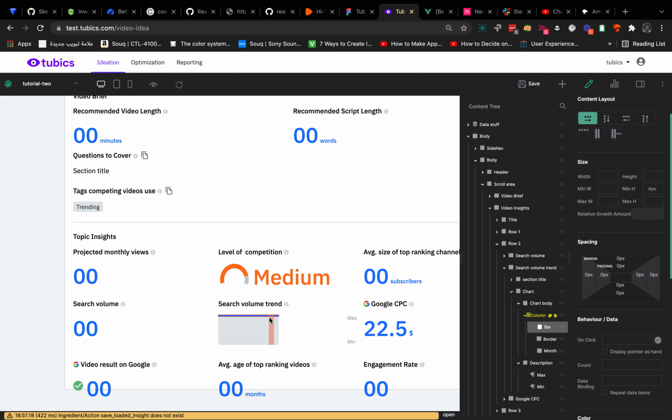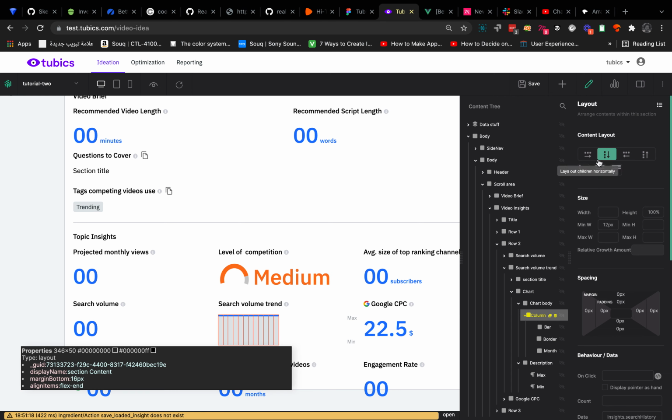And as you can see, the bars are appearing on top. I should actually change the direction, so they should appear here. And it should actually be the opposite direction. Yeah, cool. And I want everything to be aligned on the bottom. And then I want to add a border of 1px to the bottom of the bar. So I am gonna give it 1px,